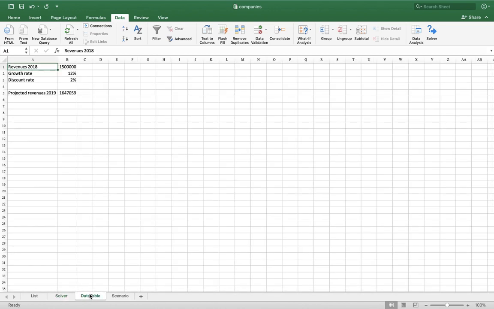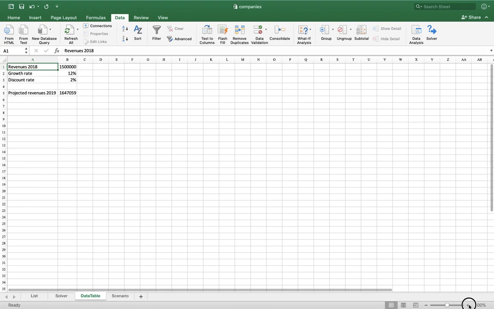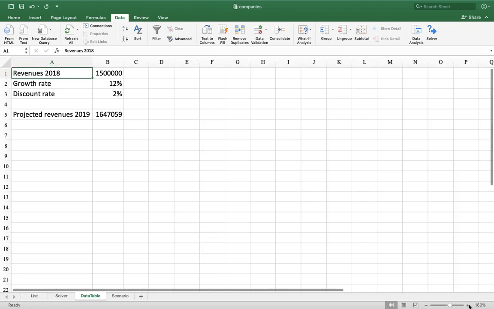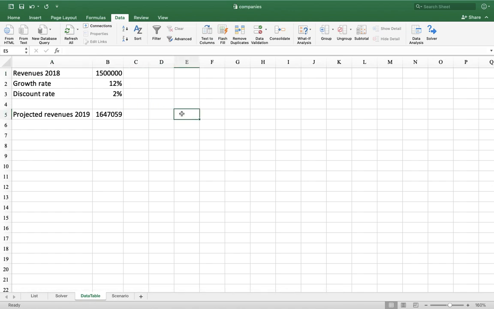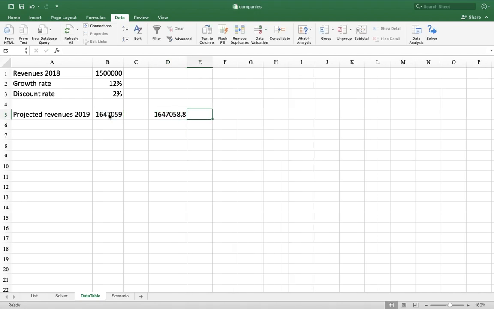Build a data table to examine the effect on projected revenues for 2019 of the variations of growth rate and discount rate. Okay, so we have to set up all the thing. Here in the corner we just put this thing here. Here we put the variation of growth rate, for example, 8%, 8.5%, and now I have the comma. Okay, now I drag up to 12,